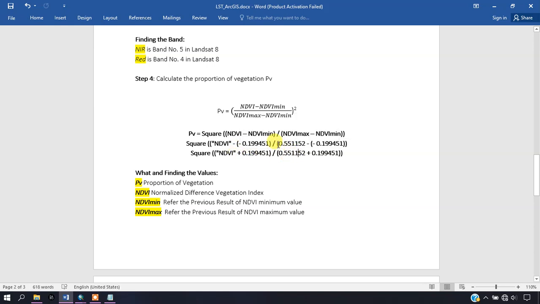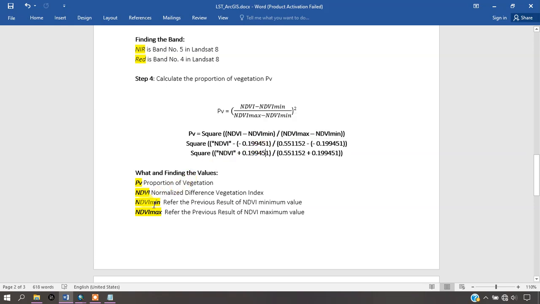Same here, NDVI maximum minus: for me, my NDVI minimum is negative, so I am converting it into plus. That is minus into minus, plus. That is the concept behind it. If you are having a positive value in your NDVI minimum, you can just put minus here.